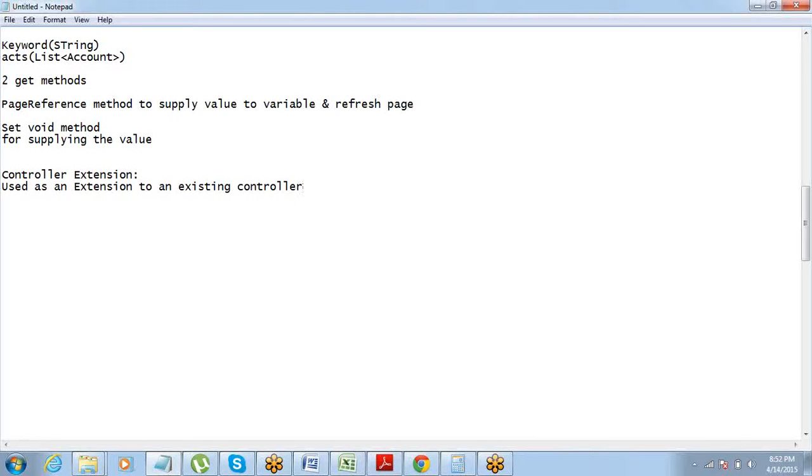Let's say you have already created a class and you already have certain functionalities on your Visualforce page coming from that class. Let's say there are 5 methods in the class and those 5 methods are being called on the Visualforce page. Now after a month of development and deployment, you realize that you need 2 more functionalities.